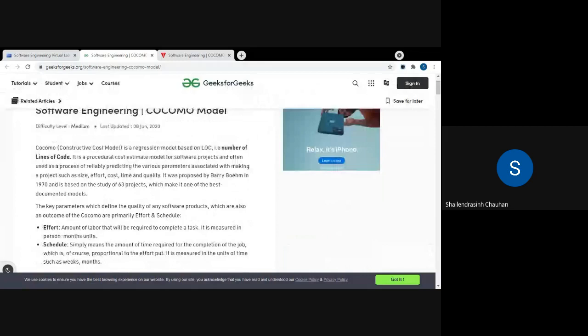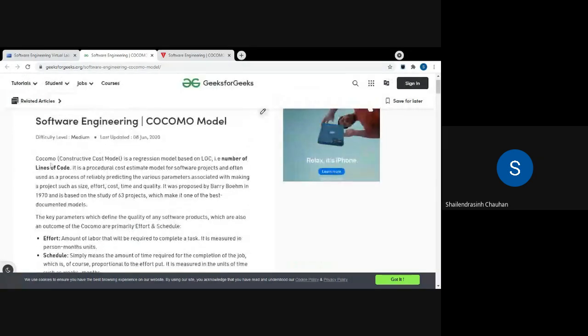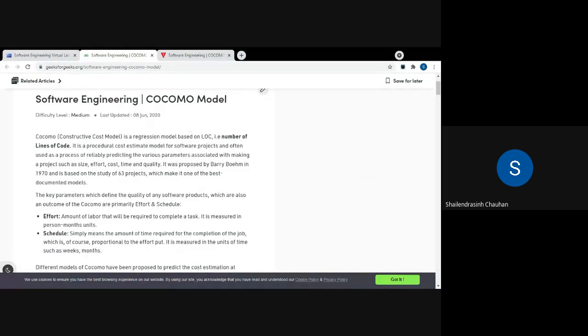Now this COCOMO model has several types. Before that, a few more things are given. COCOMO's full form is Constructive Cost Model. You can derive different kinds of costs, and here it is mostly based on LOC, lines of code.